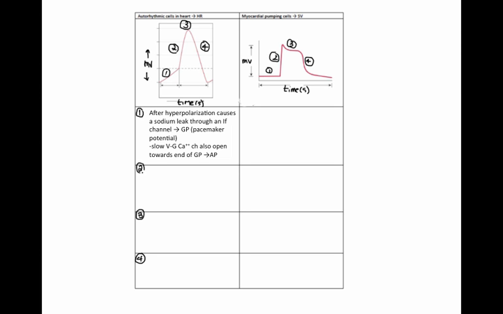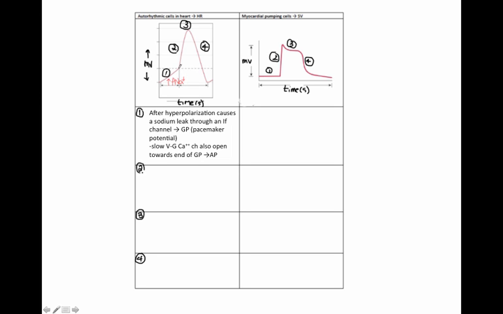So we'll come back to the end afterwards, but just accept that hyperpolarization causes a sodium leak through some channels that are called funny sodium channels, and these open in response to hyperpolarization. So we end up getting increased permeability to sodium that causes this graded depolarization to happen. So during this phase here, we have some increased permeability to sodium that causes us to start having this graded